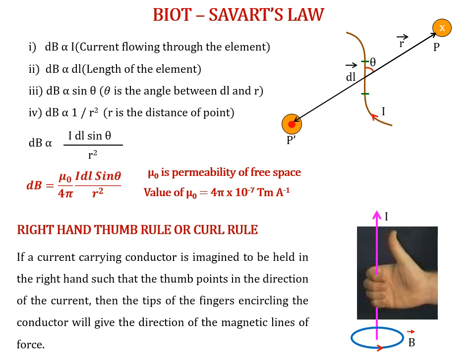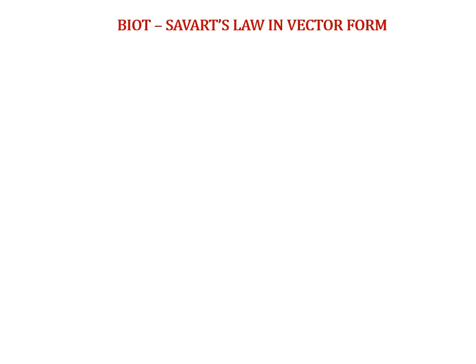Okay, now we know magnetic field is vector. So we write Biot-Savart's law in vector form. The magnetic field vector dB is given by mu naught upon 4 pi I dl sin theta upon r square into the unit vector r. This is further equals to mu naught upon 4 pi I dl sin theta into r upon r cube. Okay, we write the unit vector as vector upon its magnitude. Hence we get r cube in the denominator.